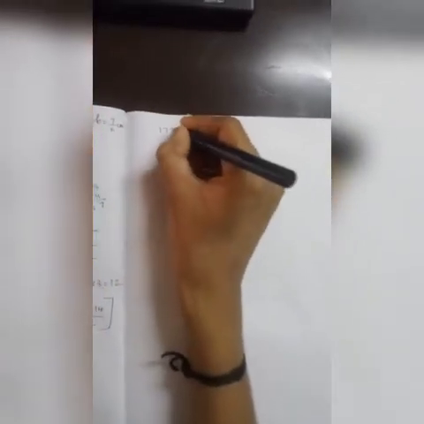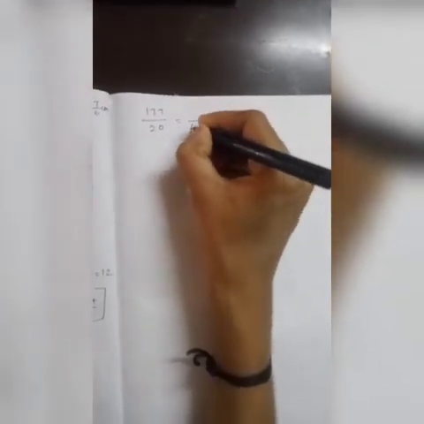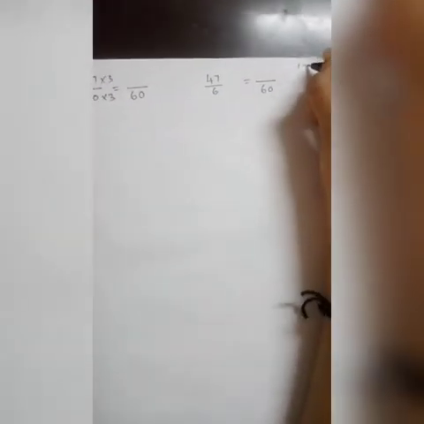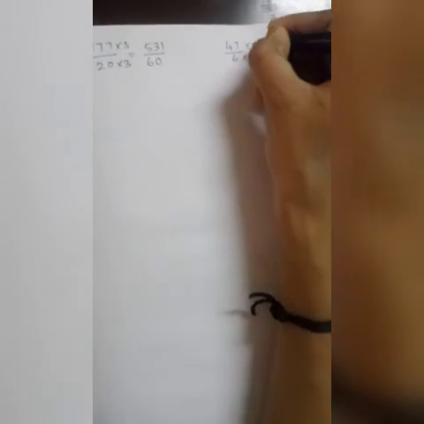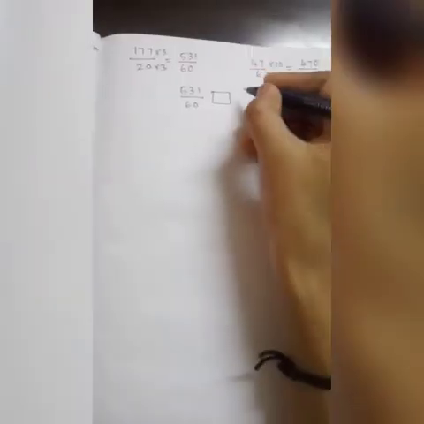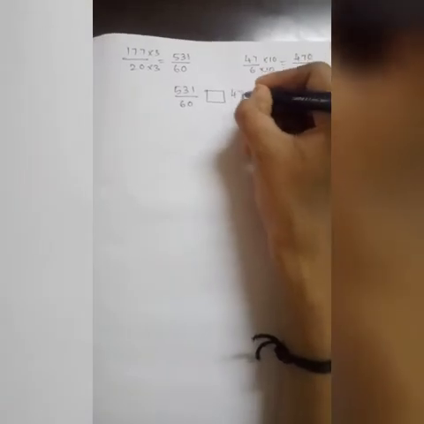Now I am just going to convert 177 by 20 in terms of denominator 60 and 47 by 6 in terms of denominator 60. So now 20 into 3, so 177 into 3. I'll just multiply and see. 7 3s are 21. 7 3s are 21 plus 2, 23. 5, so 531. Next 6 into 10, 60. So 47 into 10, 470. So shall we write instead of these two, shall we write these two? Yes, 531 instead of 47 by 6 I will write 470 by 60.